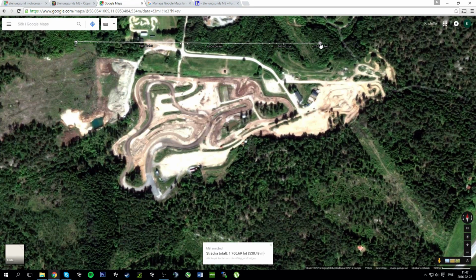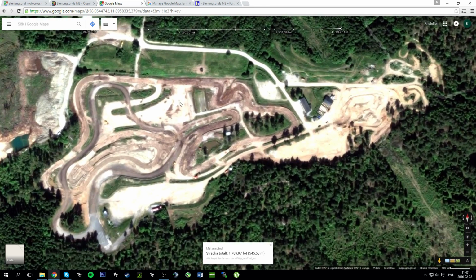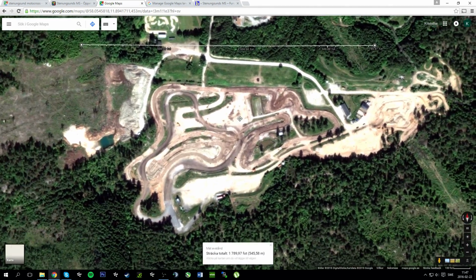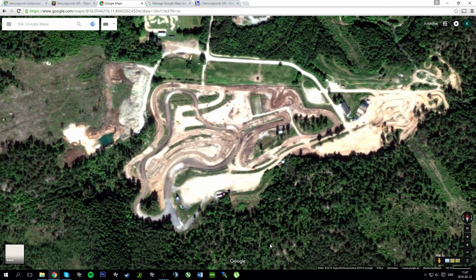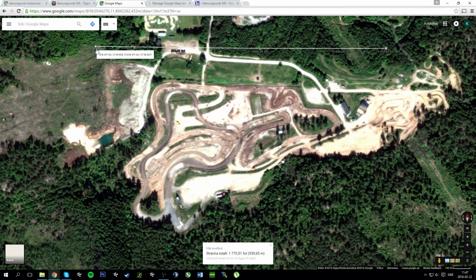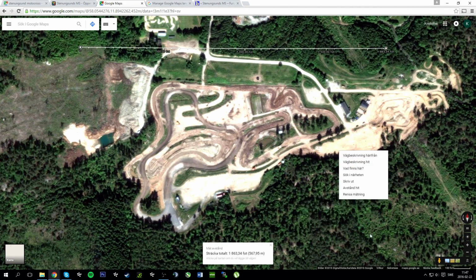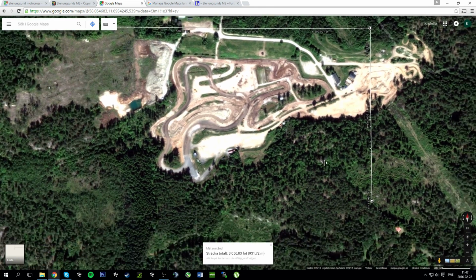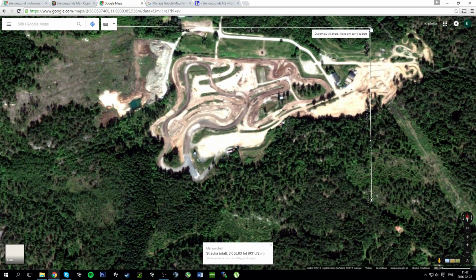So this is 1,700 feet. This right here. Let's see how close I can get here. Oops, got deleted. Measure again. So we should go down to about 3,600 feet if this was